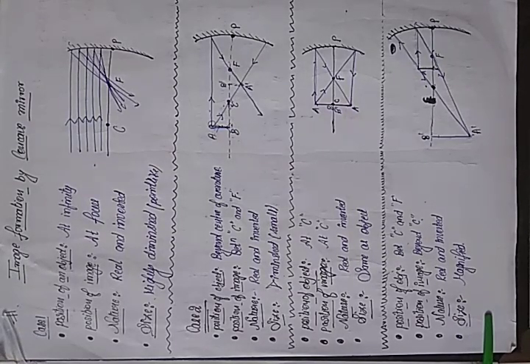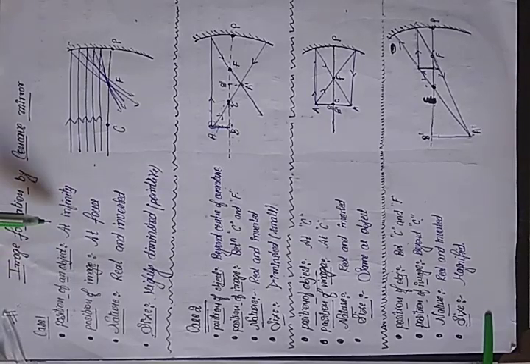This is the fourth part of physics, and the topic is image formation by a concave mirror. We had already discussed this topic in our Zoom classes, but as per your requirement, you need this video. So we are starting with the very first one. This topic consists of 6 cases. The very first case is when the position of an object is at infinity.